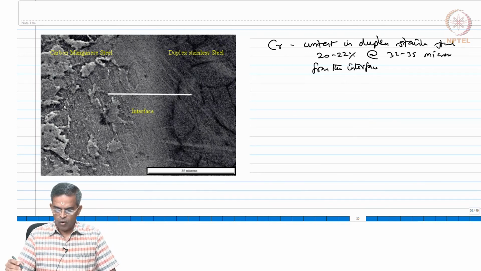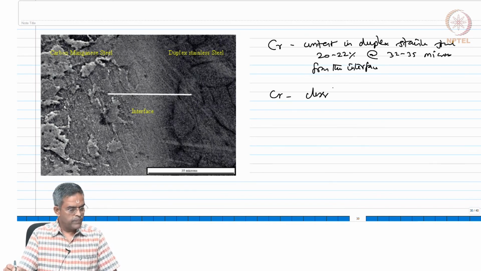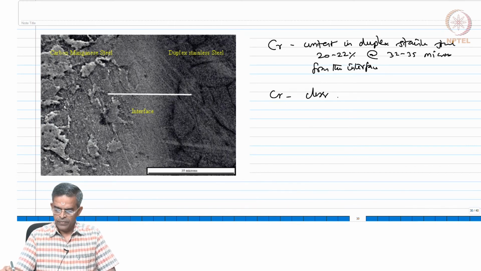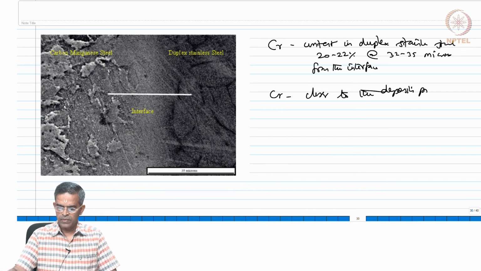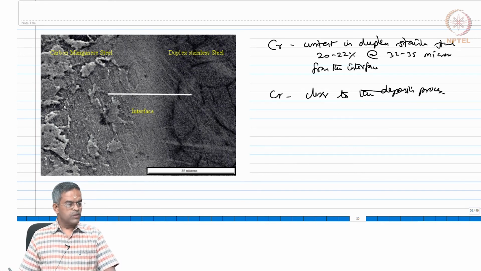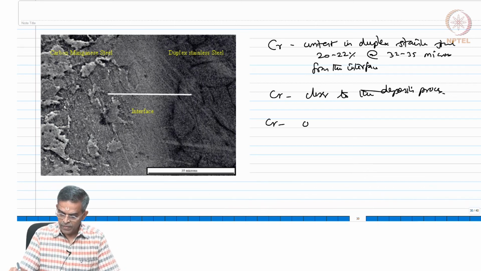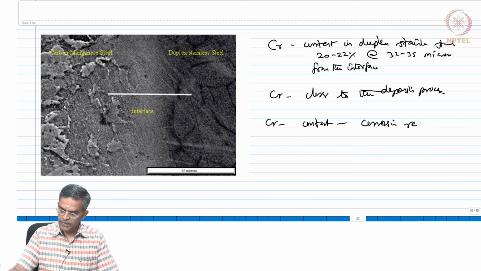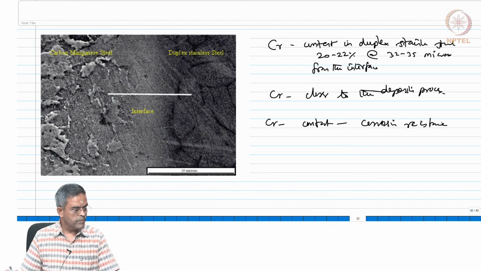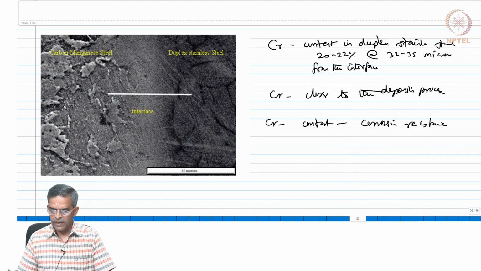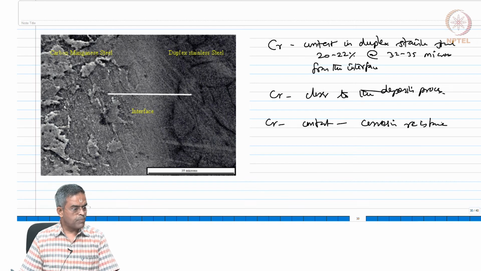Whereas the chromium content is closer to the deposition process. So, it is important to note that the chromium content, which is responsible for corrosion resistance, has not moved away from the interface. Okay? It is not dispersed. That property is protected,